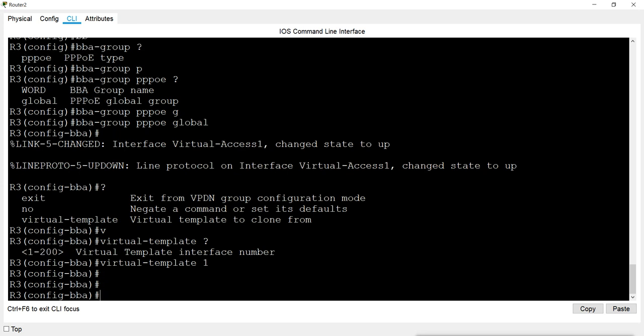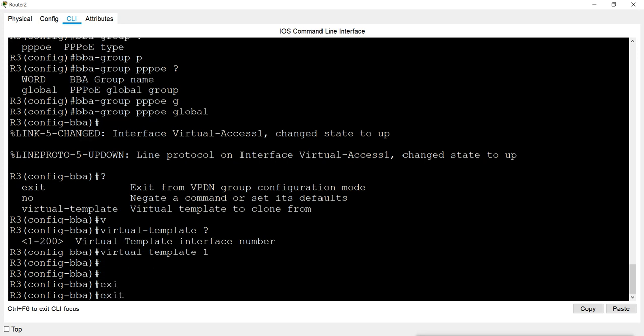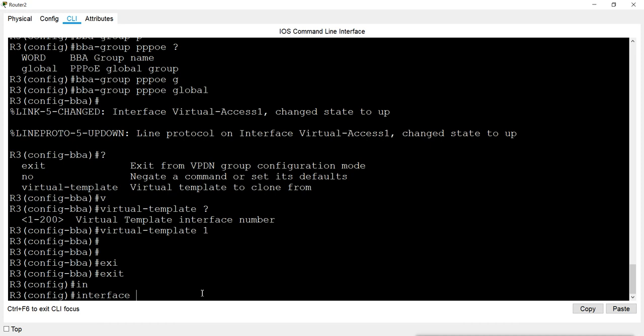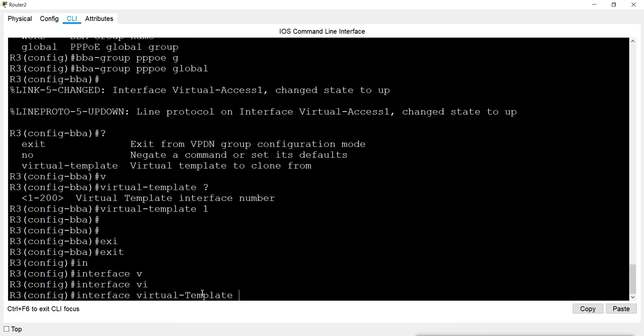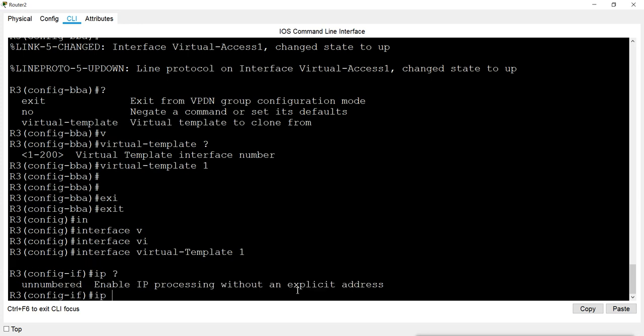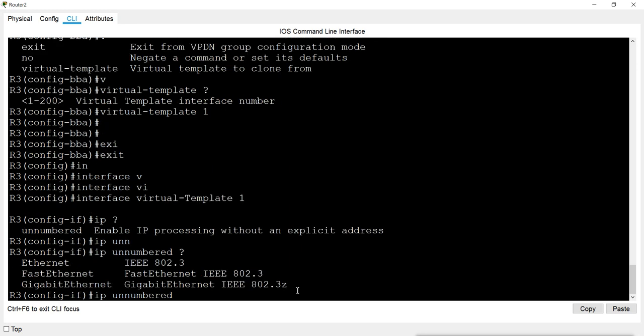Virtual template to clone the form, and here we will mention the interface number. Now we'll exit from here and we will create this virtual template by using the interface command. Number 1, which we mentioned here, and then IP unnumbered interface.